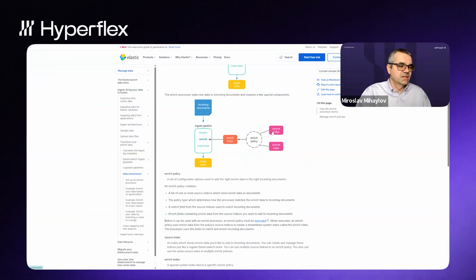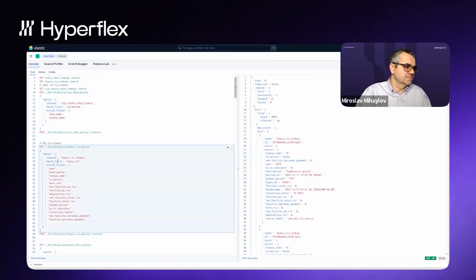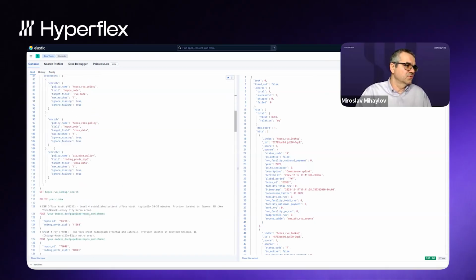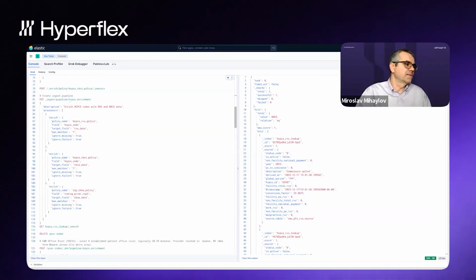The enrich policy depends on a different source index. For each one of them, we create a policy, we execute it, and at the end, we create the actual ingest pipeline, which we call HCPCS enrichment. And this HCPCS enrichment pipeline is using the three policies for the three indices.